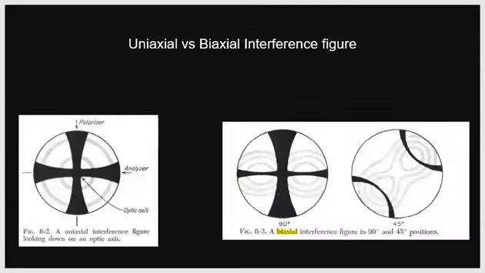Look at this. This is what we have just seen. This is the pattern of figure 8 isochromes, unlike the circular isochromes in the centered optic axis figure. When you rotate it, the hyperbola is oriented in the northeast and southwest direction, giving the pattern of figure 8 isochromes. If you connect these and draw a line, this is the optic axial plane. If you draw a perpendicular to that, that represents the optic normal. So the red line represents the optic normal.